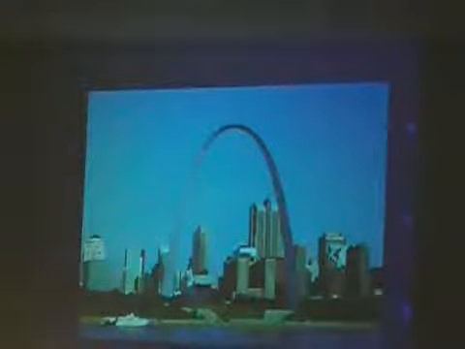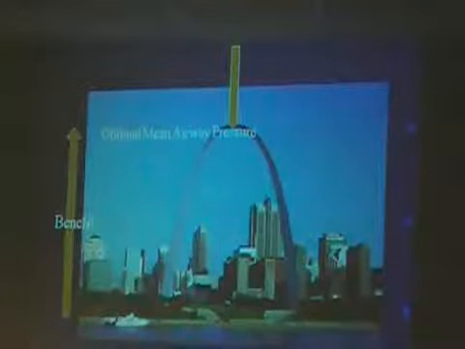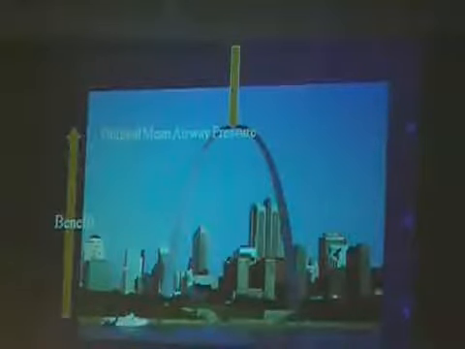If you think about pressure going from low to high along that, which happens to be the Mississippi River, not the Nile, and if you think about benefit as going up towards the sky, where you want to be is you want your optimal mean airway pressure at the top of the St. Louis arch, okay? Which is a very cool place to be. I've been there, and you look over the top and you see absolutely nothing below. You get a lot of vertigo. But you want to be with your mean airway pressure at the top of the St. Louis arch,